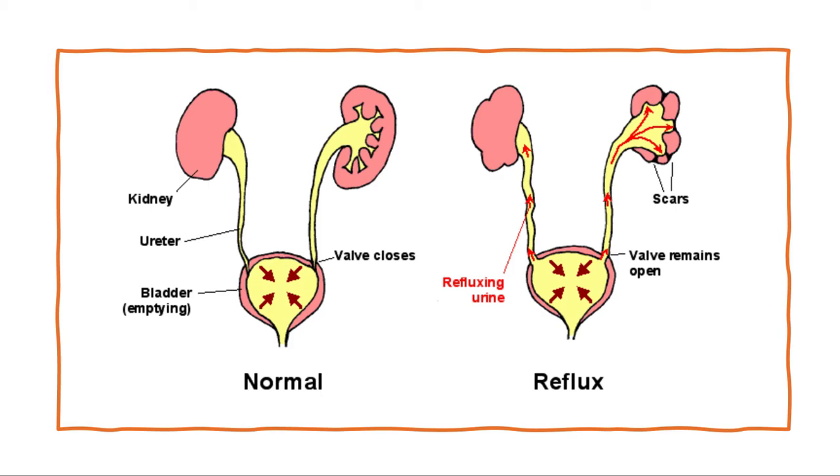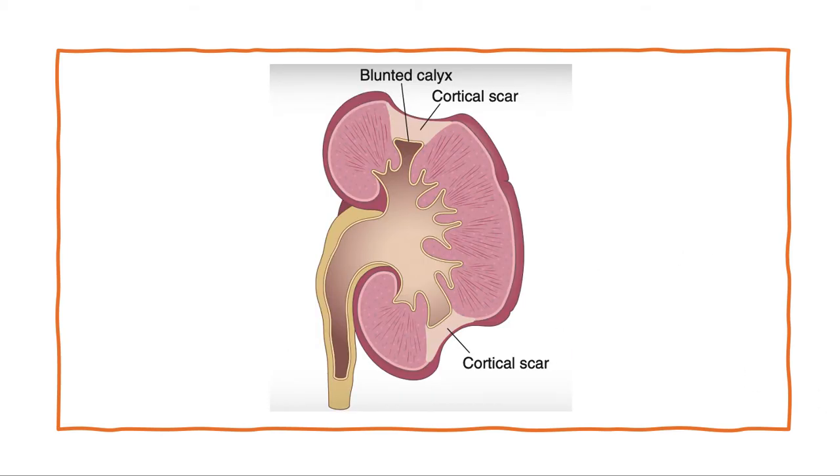Both the reflux and the attendant renal damage may be unilateral or bilateral, the latter potentially leading to chronic renal insufficiency. One or both kidneys may be involved, either diffusely or in patches. Even when involvement is bilateral, the kidneys are not equally damaged and therefore are not equally contracted. This uneven scarring is useful in differentiating chronic pyelonephritis from the more symmetrically contracted kidneys associated with vascular sclerosis and chronic glomerulonephritis. The hallmark of chronic pyelonephritis is scarring involving the pelvis and calyces, or both, leading to papillary blunting